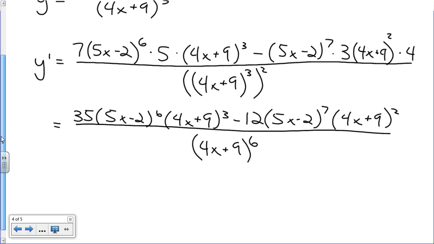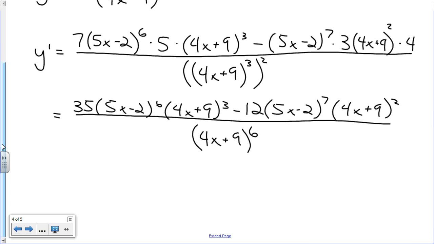And you can leave your answer just like that and move on. However, for a problem like this, I see there's a couple things that I could do. In the numerator, I see that I have some 5x minus 2's in each one of those terms, so I could combine those two guys, or factor those out, I should say. And secondly, I see that I've got 4x plus 9's in both terms, as well as that's what's in the denominator. So there's definitely some stuff I could factor out and then even cancel out with the denominator. So let's do that